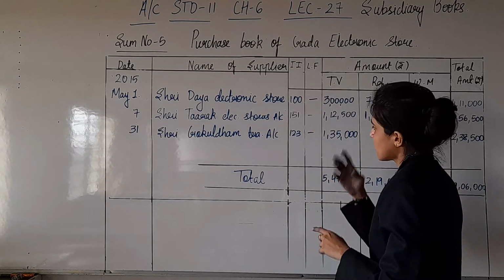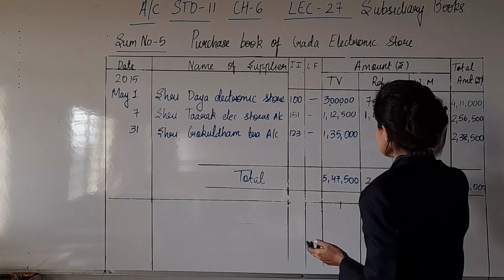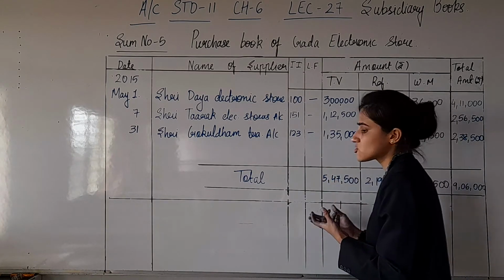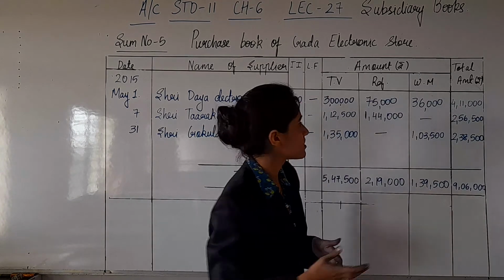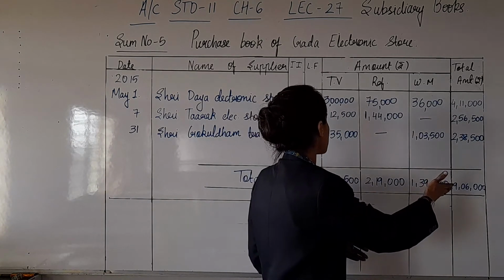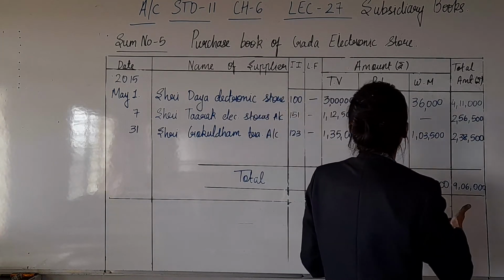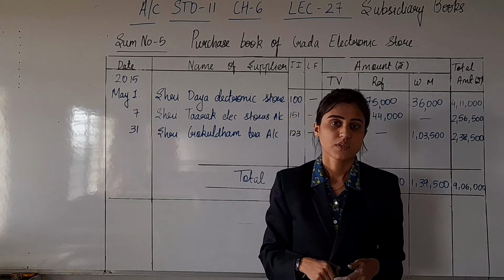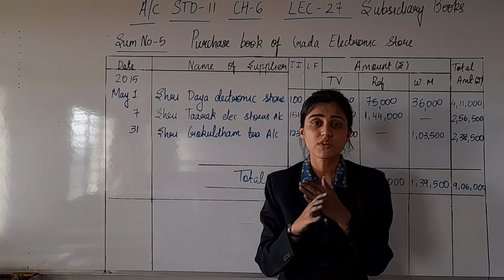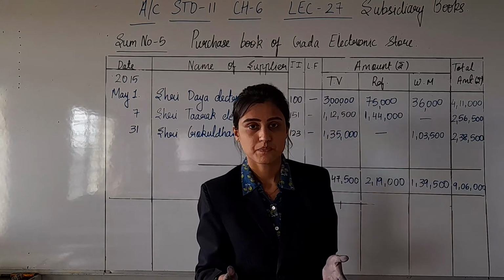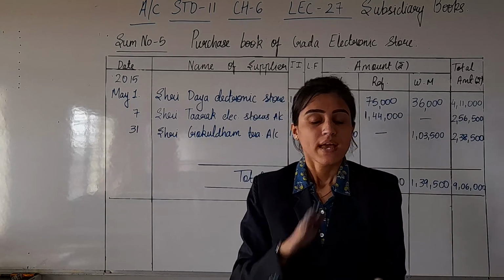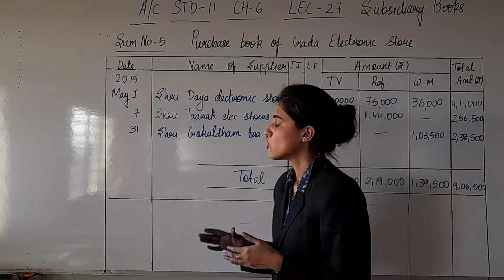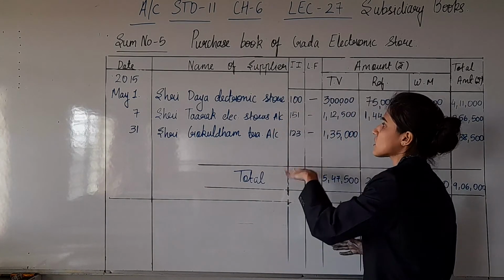Ledger folio number as usual, nothing. And the column of amount, only one column if it is a simple purchase book, and of course more columns for amount individually for every item if you are preparing a columnar book. So you see everything remains similar, completely similar except for supplier and customer.